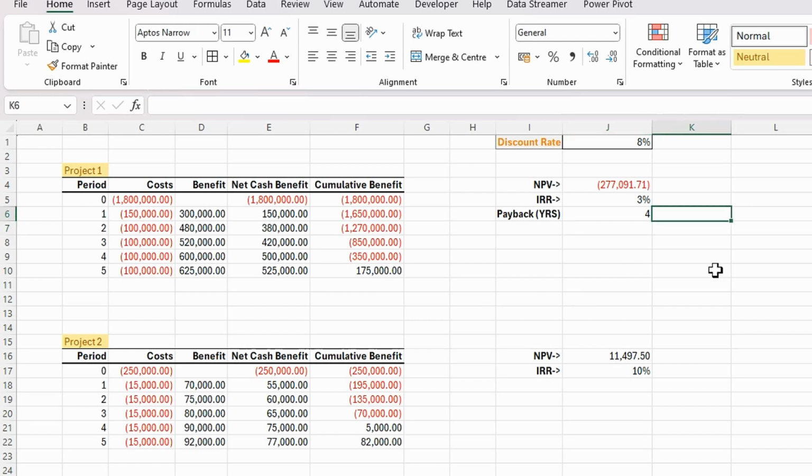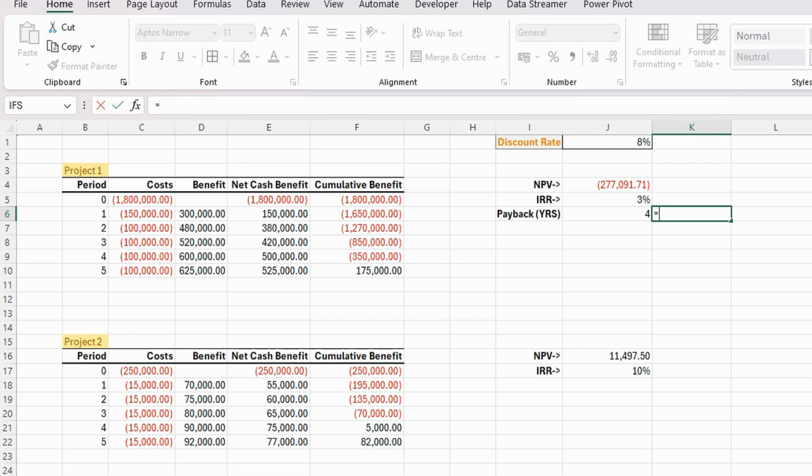Now typically what we need to do is take the absolute value in this current period and divide it by the next net value, or the positive net value, and that will then give us our payback period. So first of all, we've got to find this value here. So the way that we would find that is I'm going to use this number here. So if I go equals, and I'm going to use the XLOOKUP function,